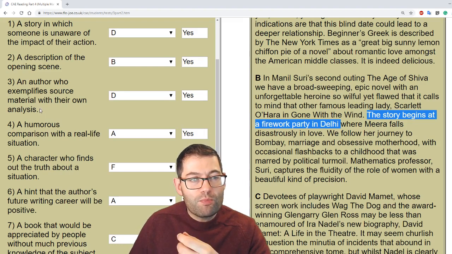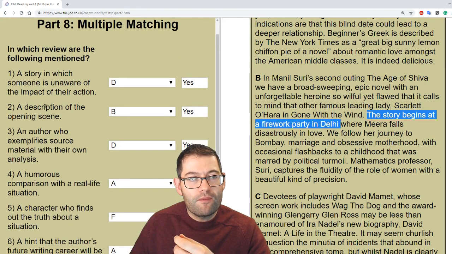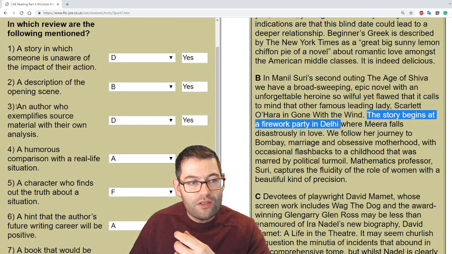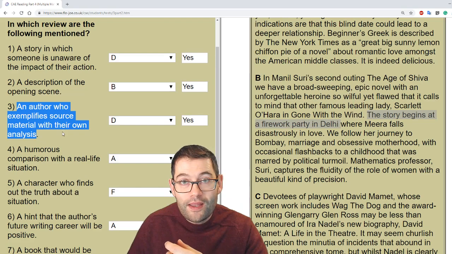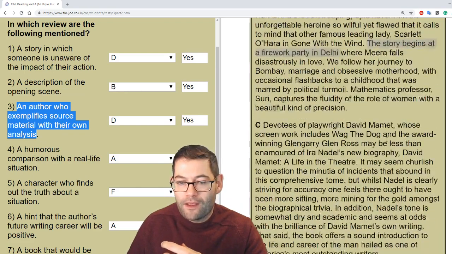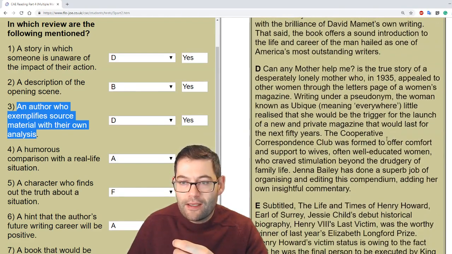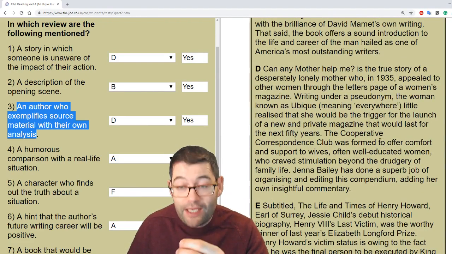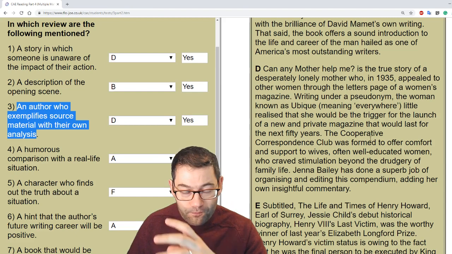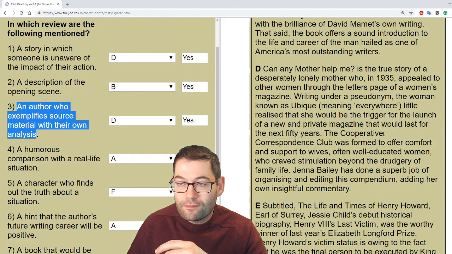For question number 3, in which review is this mentioned? An author who exemplifies source material with their own analysis. So if you remember the general idea of each text, you might recall that in D we'll see this own analysis,